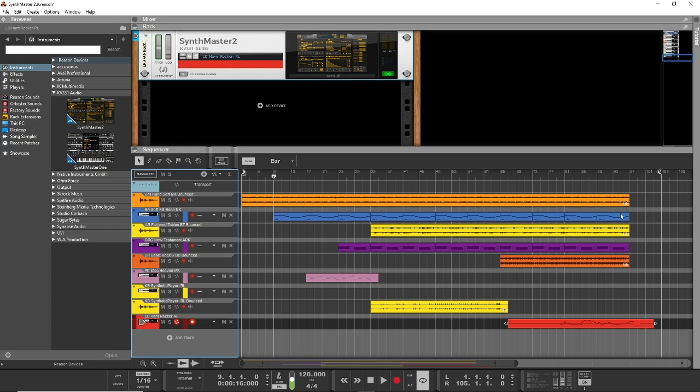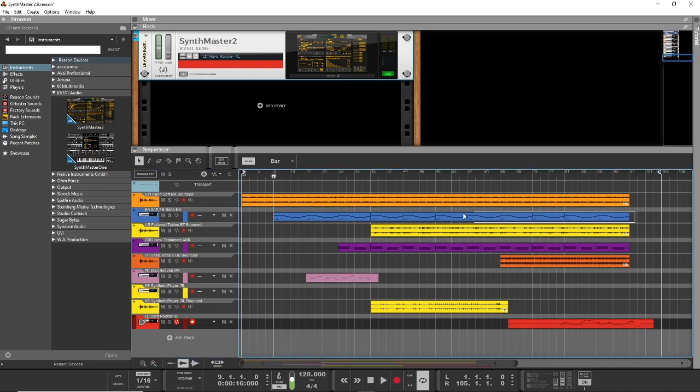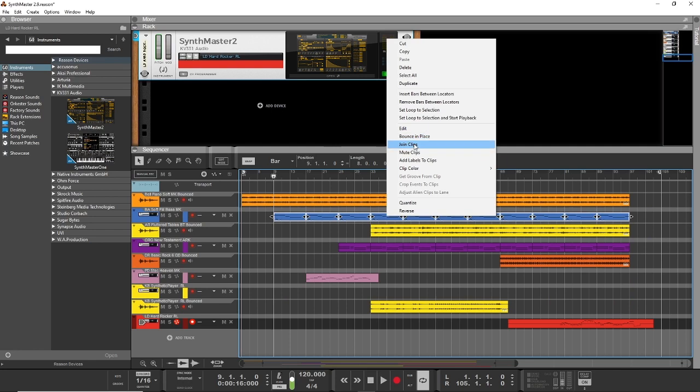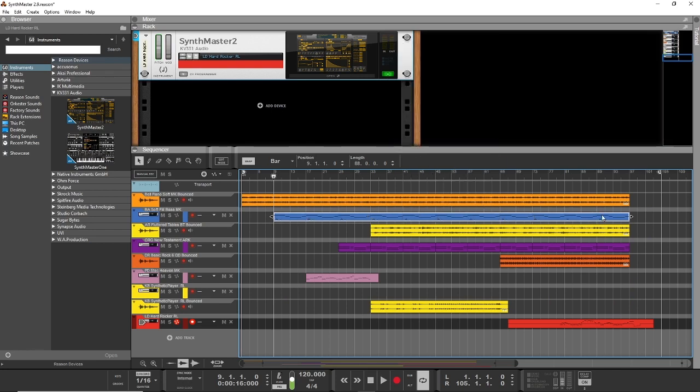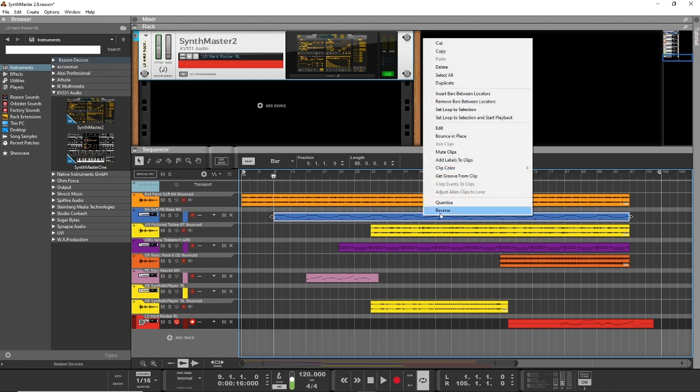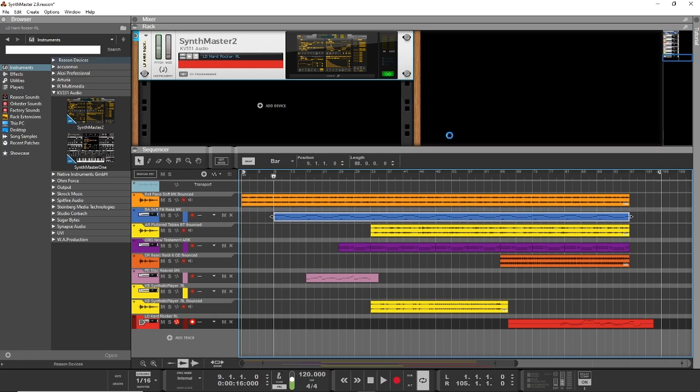So what I like to do, and I will edit this while it's freezing, because this will take a couple of minutes and you don't want to sit there while this is just tracking along, is select everything here like this. Okay, and then right click and go join clips, and that'll just make this into one big long MIDI file. And then I can right click again and hit bounce in place, and what it'll do is freeze that audio now,